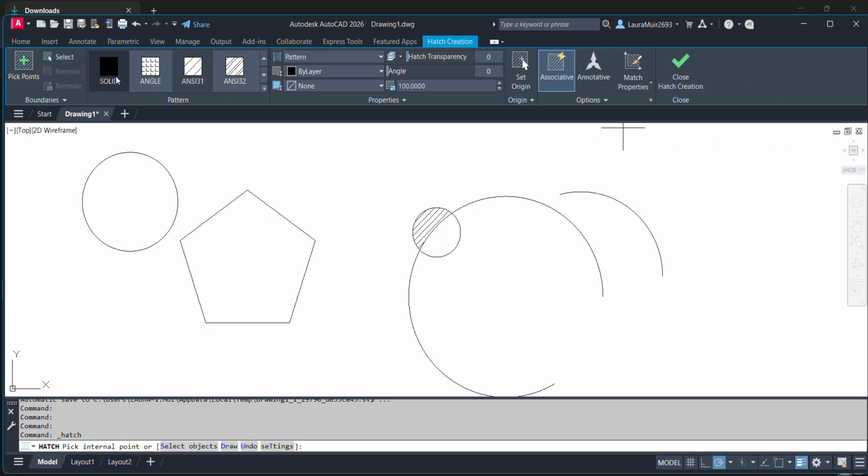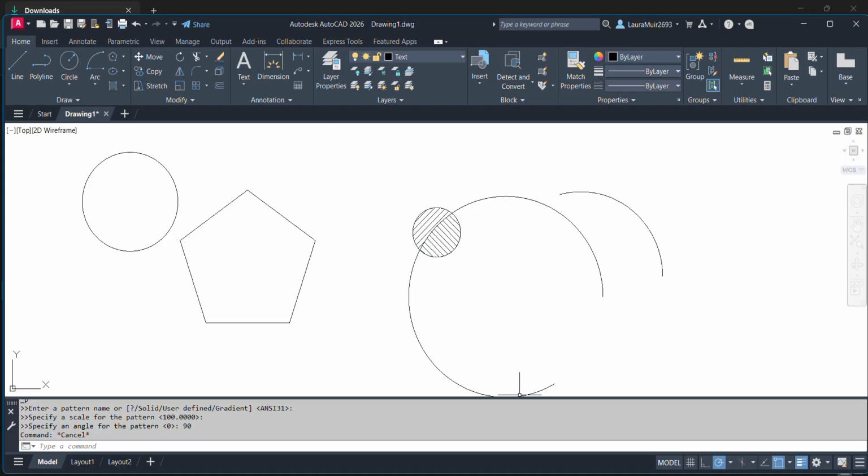Now I want to hatch the other side. I go here, but I can't have it at the same angle. So over there, I go to the angle and I change it to 90, and there's my two different hatchings. Remember for your PAT, you're going to use civil hatching if you do the civil PAT. If I bring this line down here, we don't use a lot of these, but